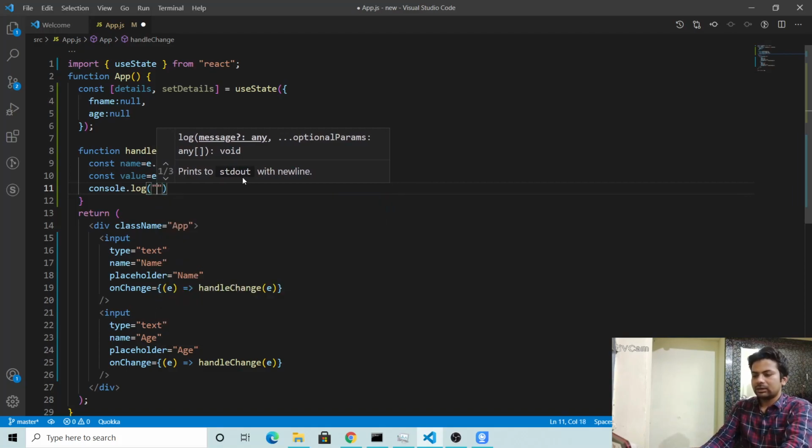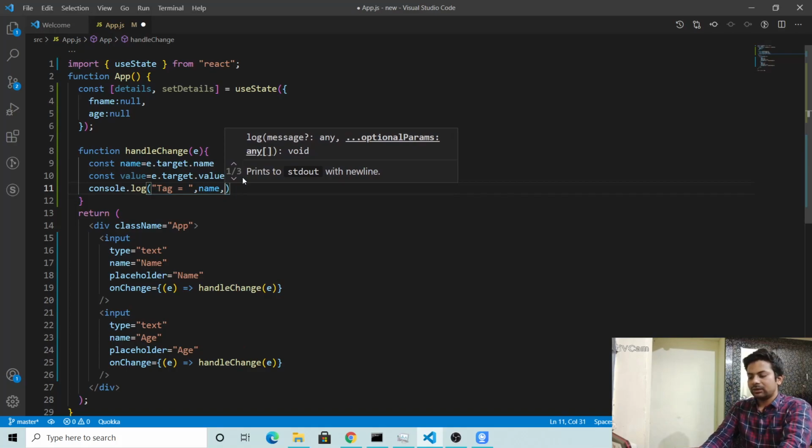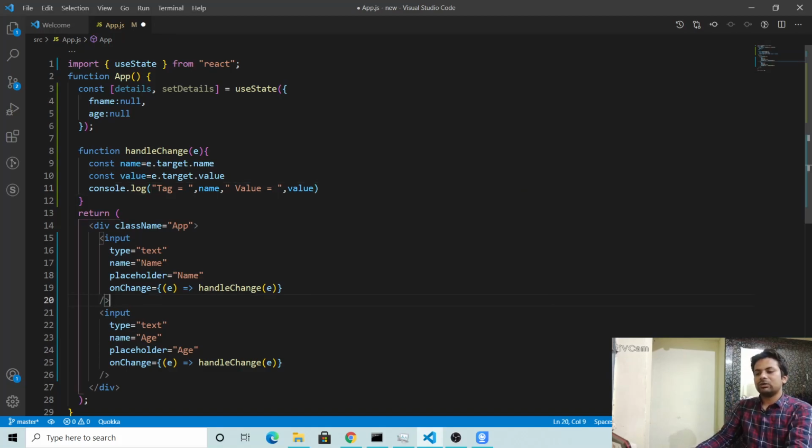I'll make it tag equals, and we'll print the name of the tag, then we'll print value equals, and here we'll put the value variable. So now if somebody changes the data, it will come here, get the tag name and the value, and print it to the console.